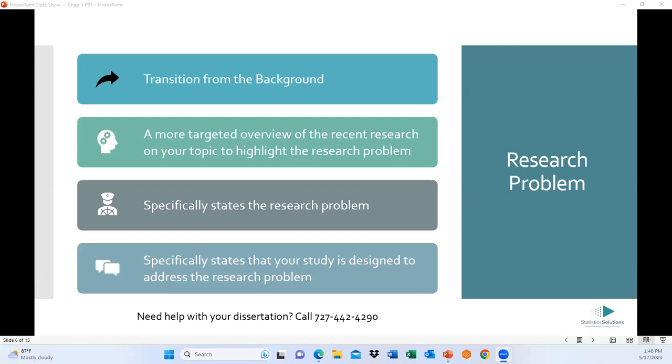It drives the study. It's the issue, or the information that we need to get that we're lacking in the research, or it's a different take on the topic than is more typical in the research. So in other words, it's what makes your study unique, right? Because your studies have to be unique. You just don't want to conduct some research that we already know the answer to, right? So something needs to make your study unique, and that's developed in the research problem.